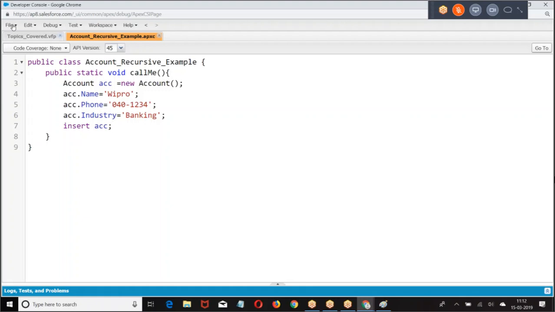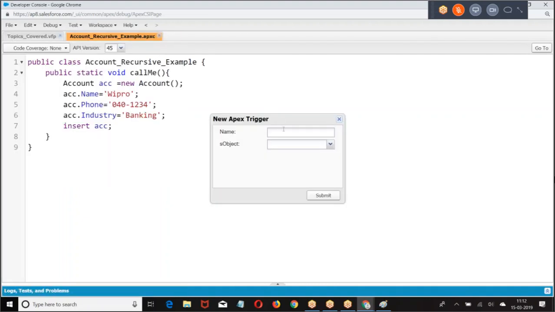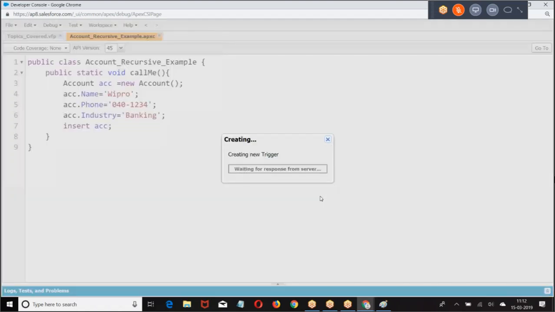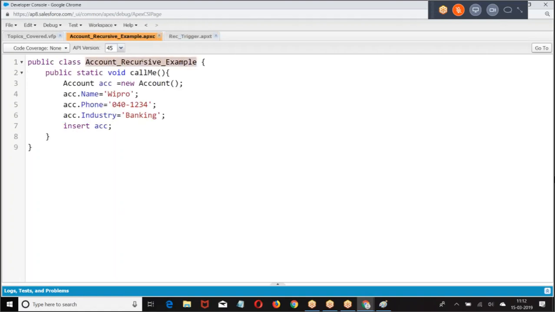Okay. Look at the format. Within the trigger, I'm calling this method.